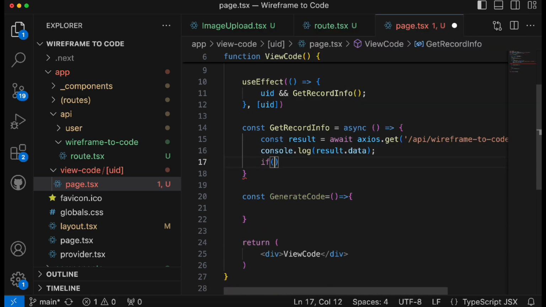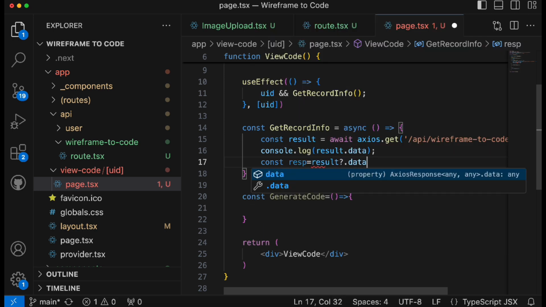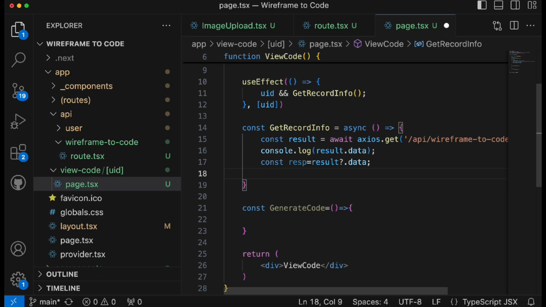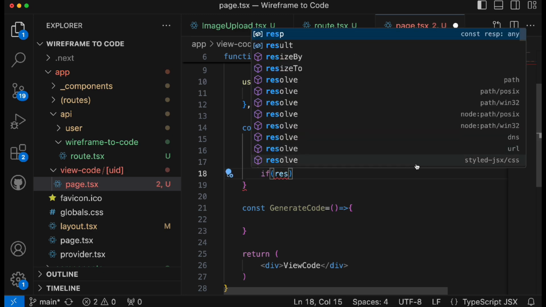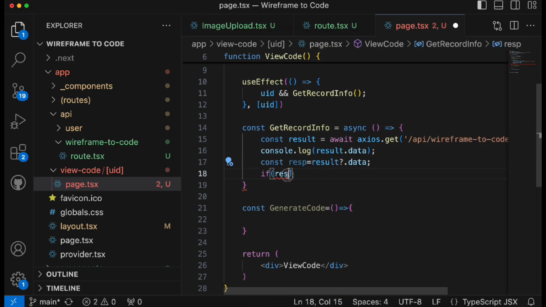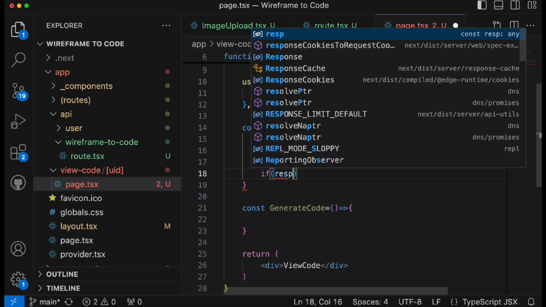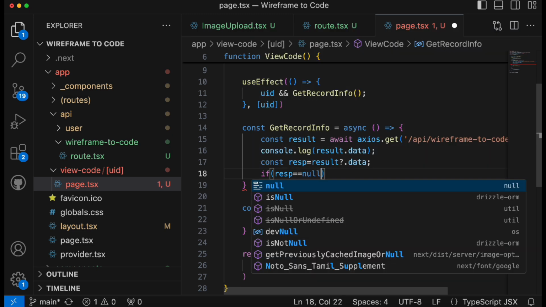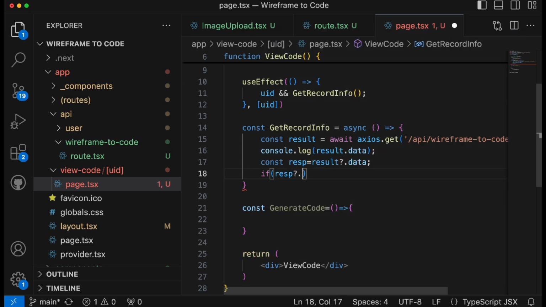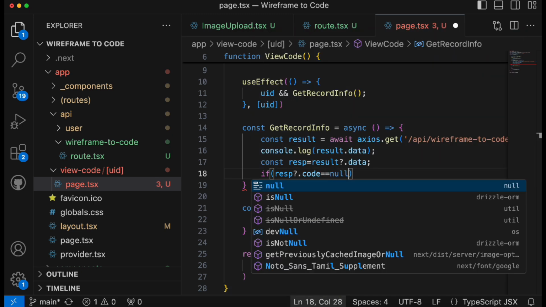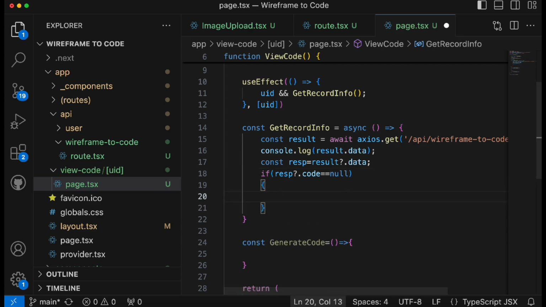So here we'll first save constant response is equal to result.data, and here we'll say if response.code is equal to null, then we are going to call this generateCode method. Okay,